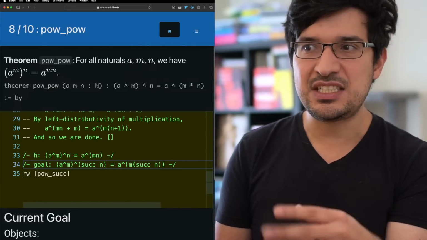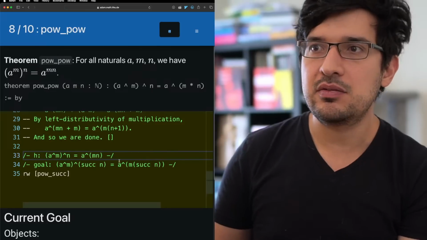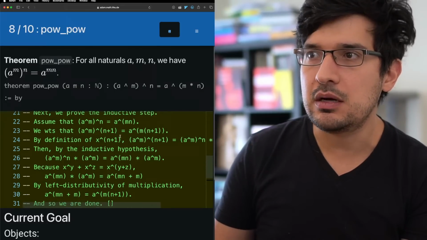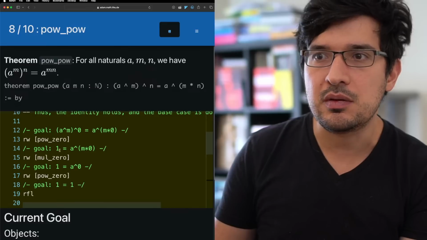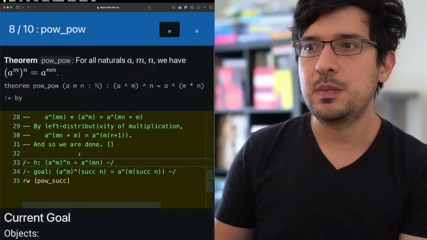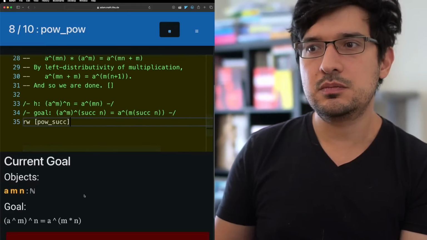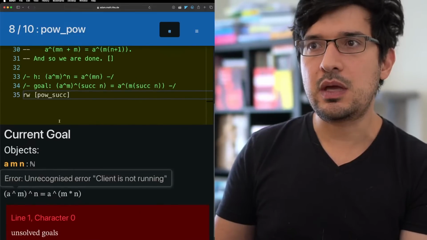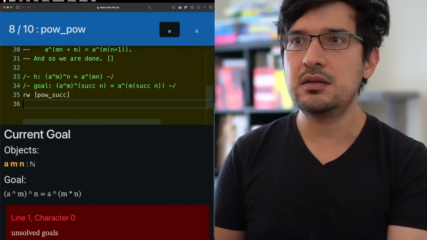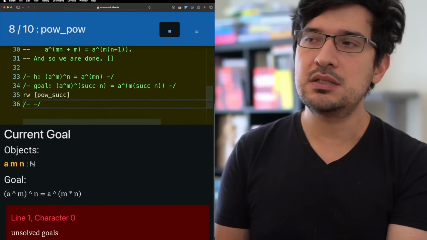So the successor of n is the same thing as n plus 1. And I don't think I had any plus ones in the base case. All right. So are we still compiling? Okay. So after rewriting pow succ,